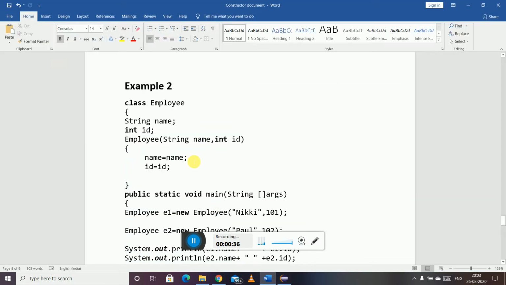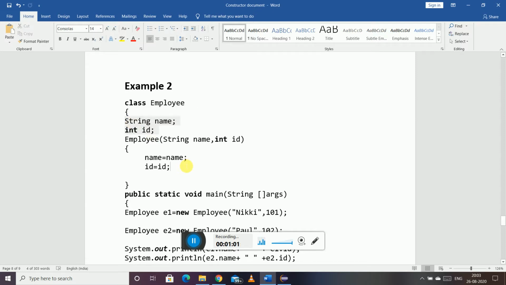Because see, now when you are writing this name and id here, it is referring to these parameters. Okay, and this name and this id is referring to these instance variables.